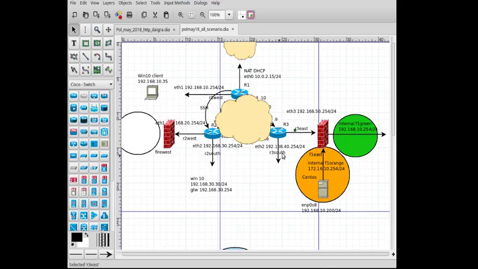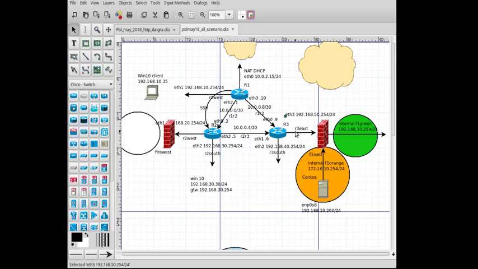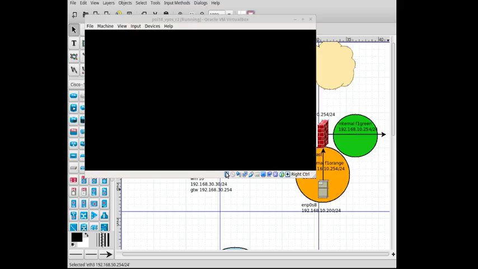Here's the router, it's R3, and it must be connected to R3 East. So let's check it. This is R2, this one is R1,